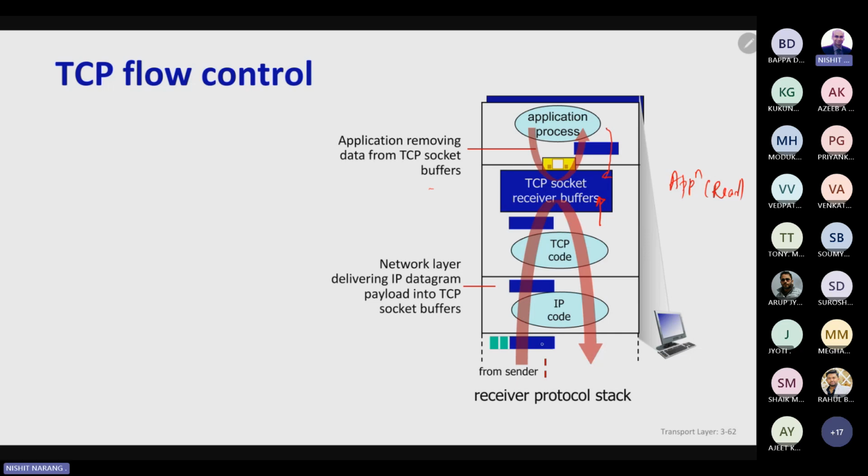There are two functions which are happening. TCP is writing into these buffers all data that is coming from the network and acknowledging it. Application is reading from these buffers and then freeing up the buffer. But if the application processes data at a rate lower than the rate at which TCP is putting it, what